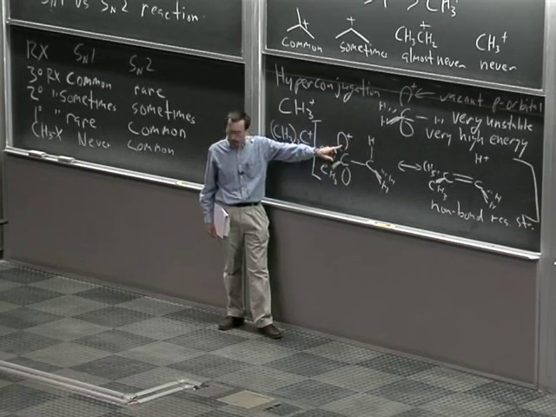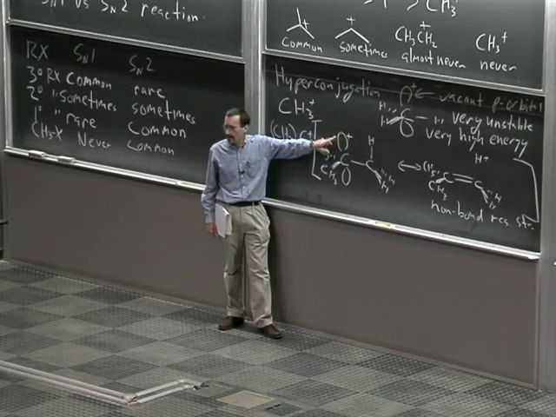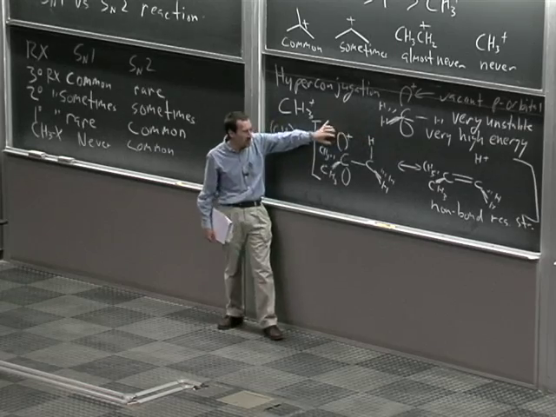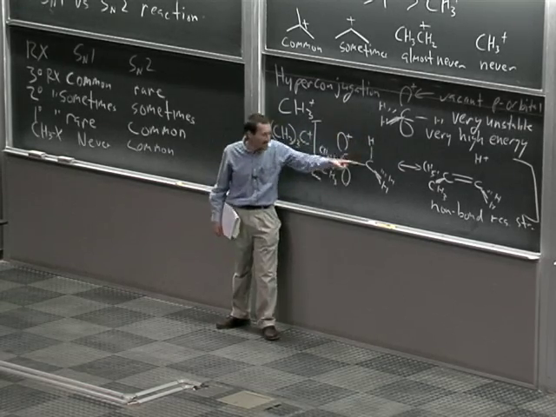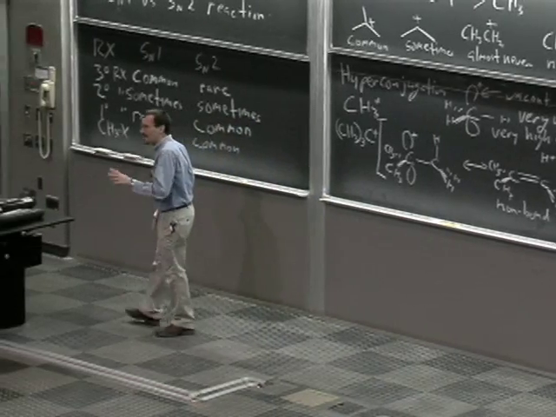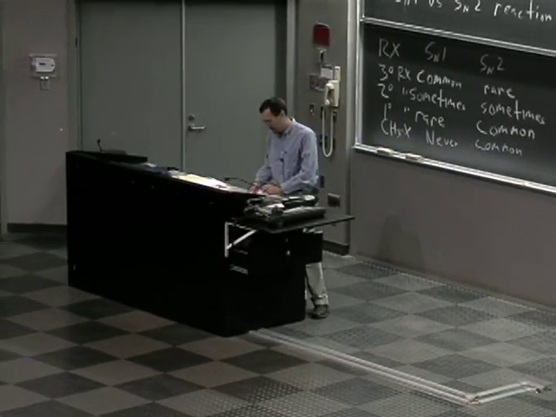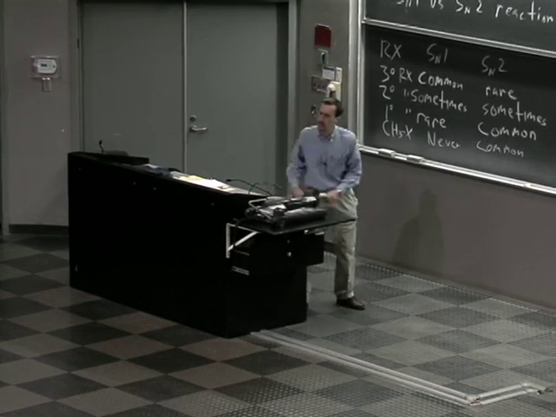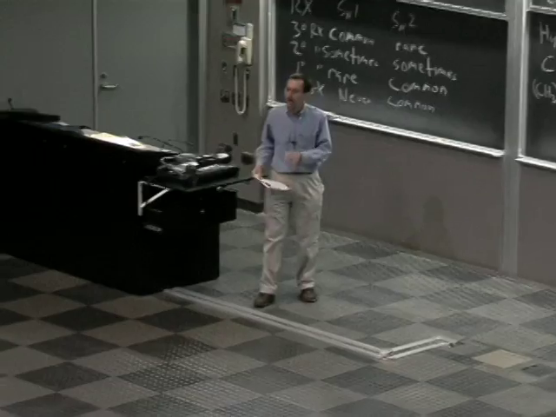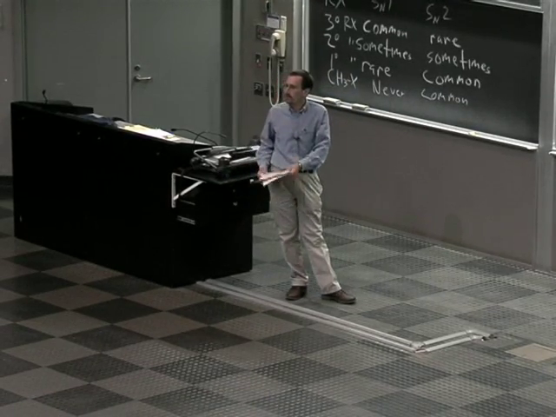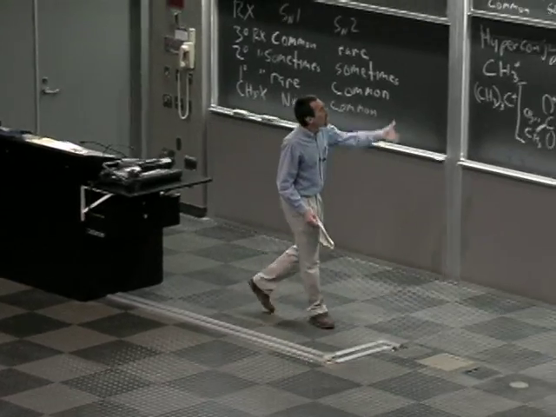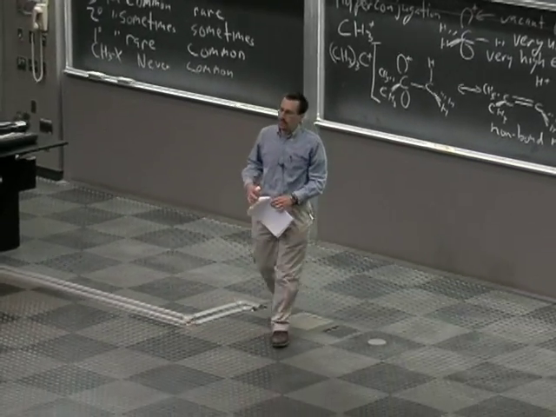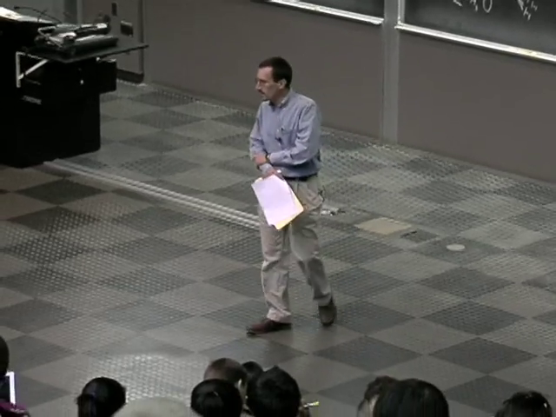Then this carbon would look and say, oh wait, I'm a secondary carbocation, I'm really unhappy. If I stole that hydrogen with its pair of electrons, he'd be stuck with the vacant p orbital, but he wouldn't be as unhappy. That's called a 1,2 hydride shift, and even that can occur in carbocations because they are so unstable and so prone to trying to find more stable configurations. All of these carbocations exist only for a fleeting instant. They're just reactive intermediates that form for a millisecond or a microsecond in the course of a reaction